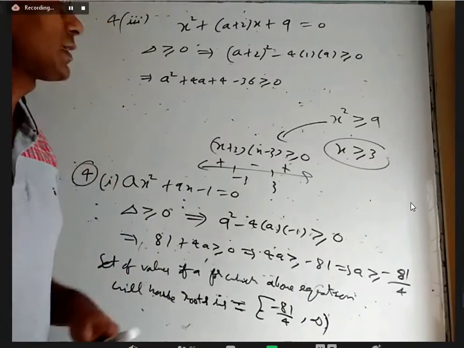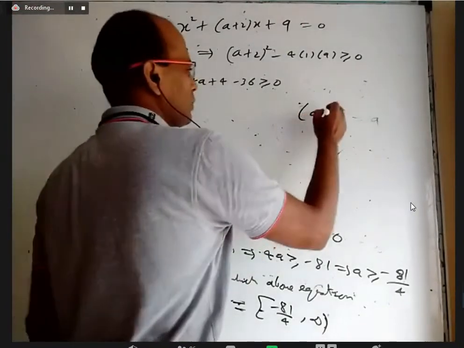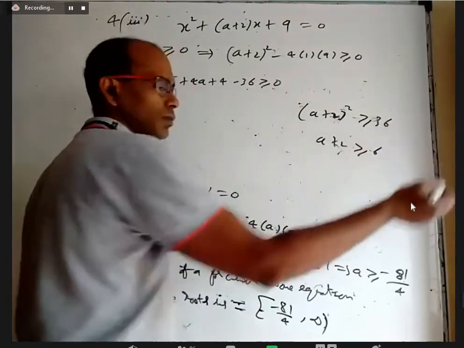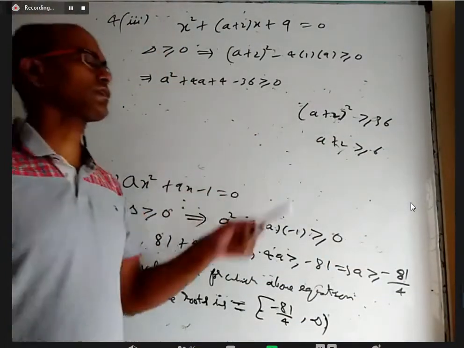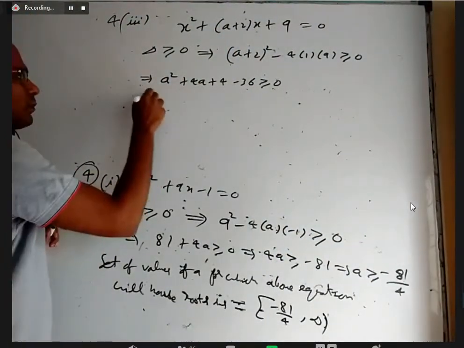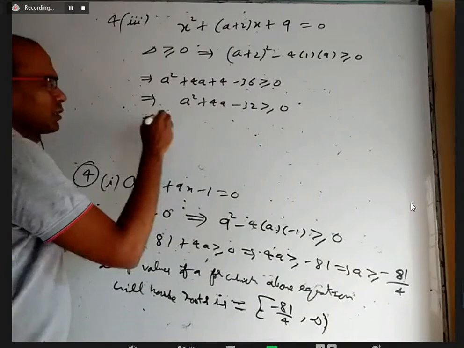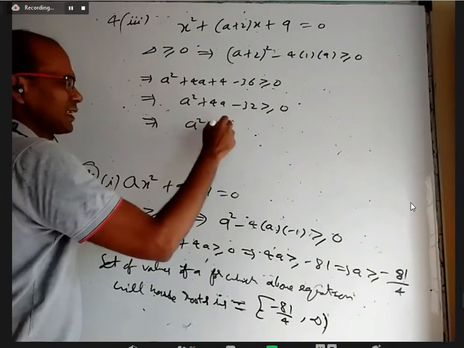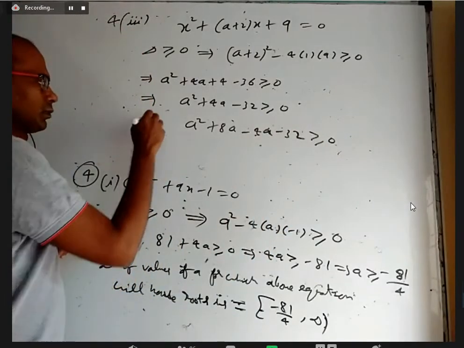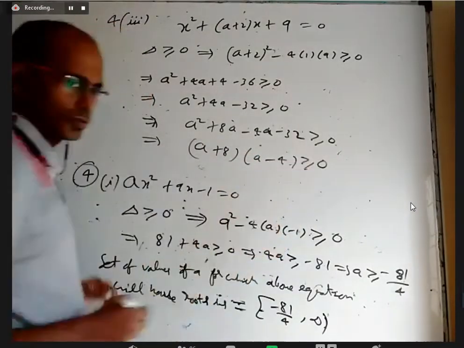In the same way here, somebody would have written that (a plus 2) whole square is greater than or equal to 36, so a plus 2 is greater than or equal to 6 and so on. No, that will be wrong. From here to here itself is wrong. The positive is right, but anyway, I brought this side. This is a square plus 4a minus 32 greater than or equal to 0. For the roots, you can split it as plus 8a minus 4a minus 32, splitting the middle term. That will be (a plus 8) into (a minus 4) greater than or equal to 0.